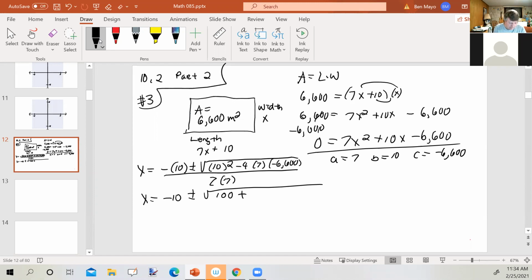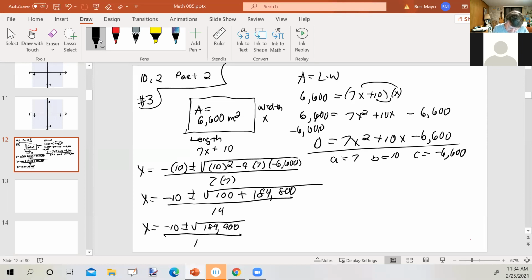And then we've got 4 times 7, which is 28, times 6,600. And I get 184,800 all over 14. So x is negative 10 plus or minus the square root of, if we take 184,800 plus 100, we get